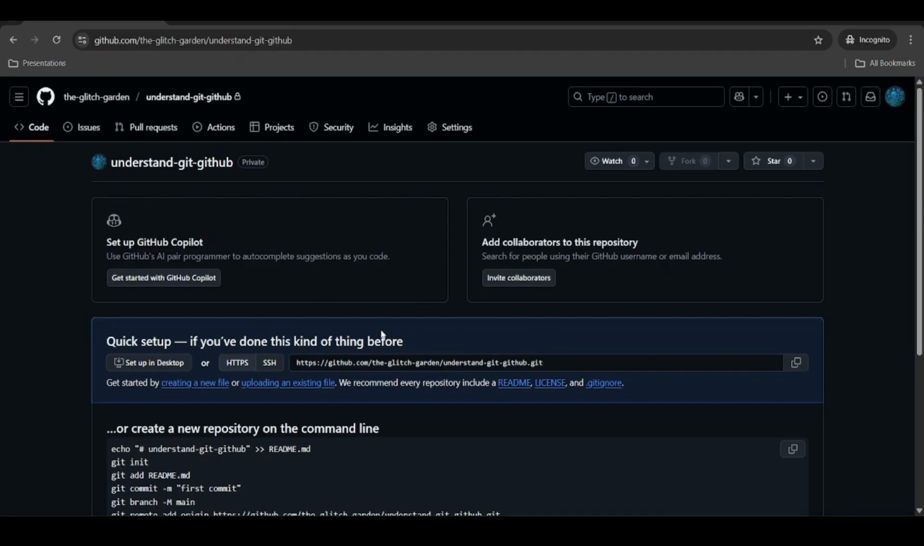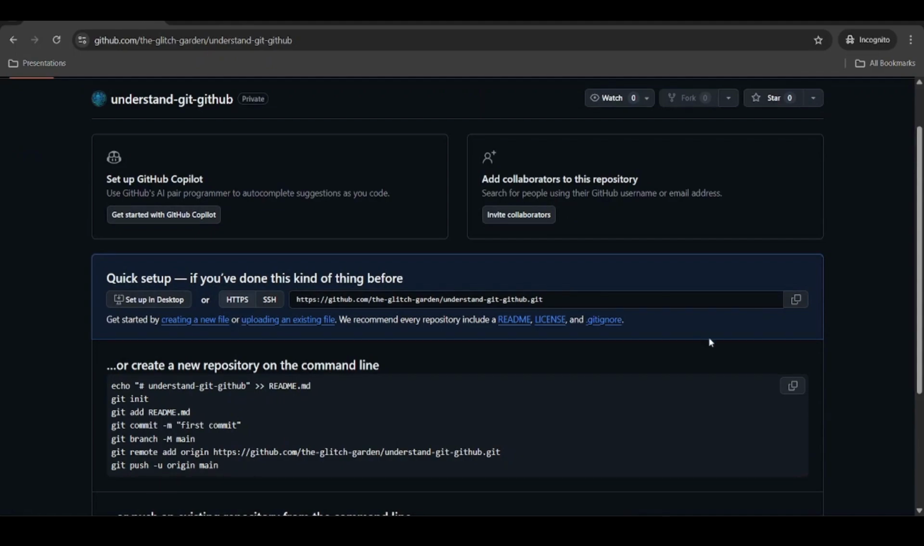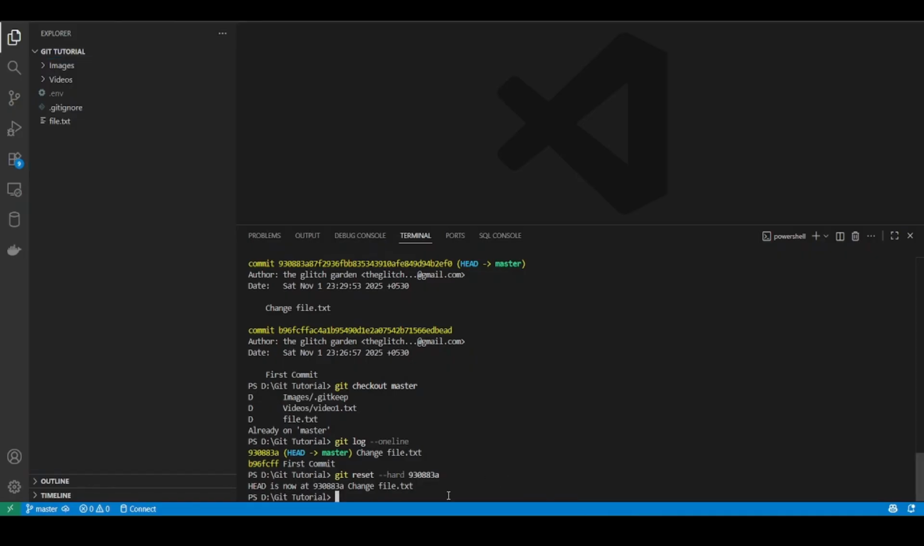So what we will do is, here the quick setup is given. You can also follow these steps given here. What I will do is copy it. I think it's copied. Now I will go back to Git and I will type here